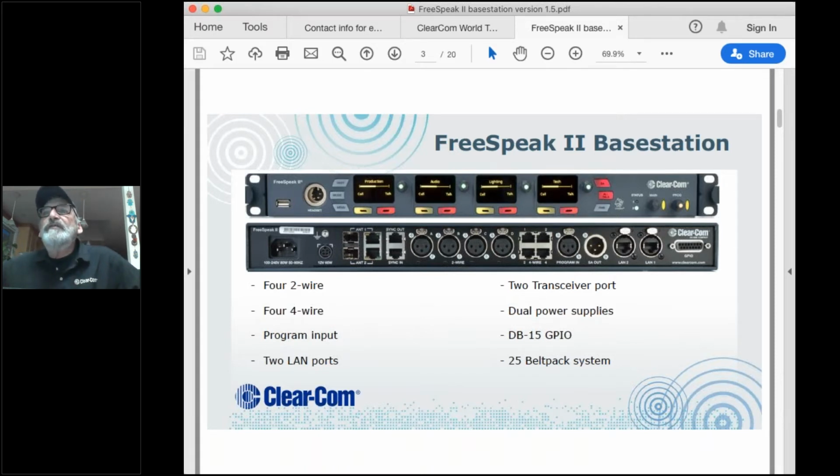Let's say you want to connect your Freespeak base to a Riedel artist. The pinout you would find there, how to make an adapter if you need to for 4-wire. Or you want to know how to connect to a CCU of a certain brand, or you want to understand what a trouble message might be in a log. All those things are available at the Solution Finder. So you go to